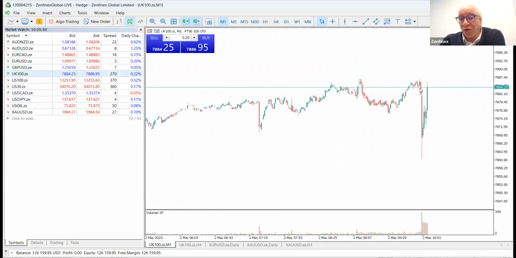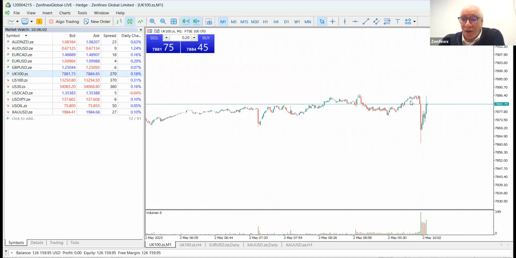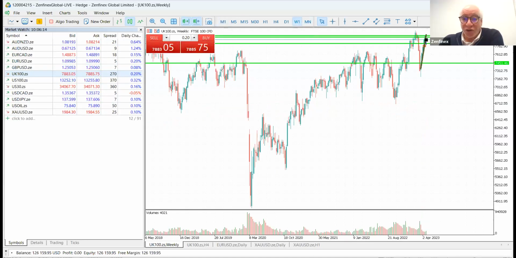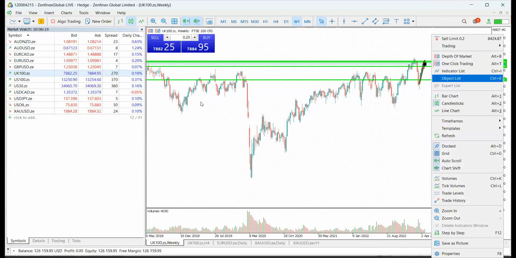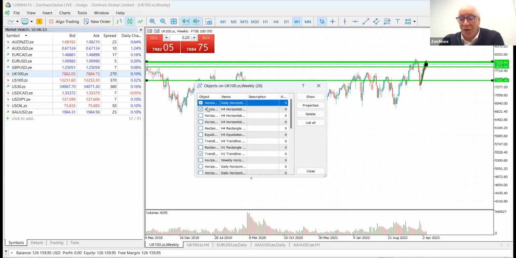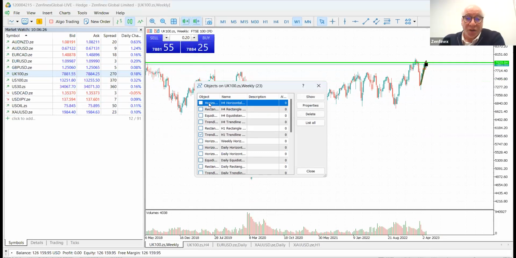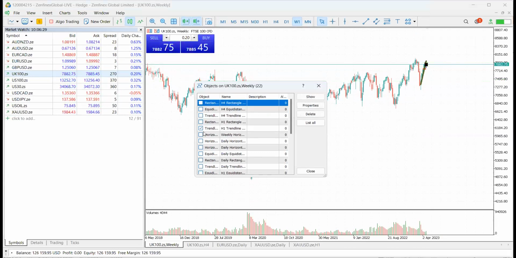We've had a sharp move here in the last few minutes as well, but that's London Open, right? So when London opens, particularly after a bank holiday, there's a bit of readjustment as traders start looking at the indices and how that may impact currencies. So we've got a little bit of a move here. And I'm going to do exactly as I do every single day. I start from a longer term perspective. I'm going to get rid of all these lines, and then we can start drilling down, and you can start learning how I look at charts on a daily basis. And it's really the habit that you should try to